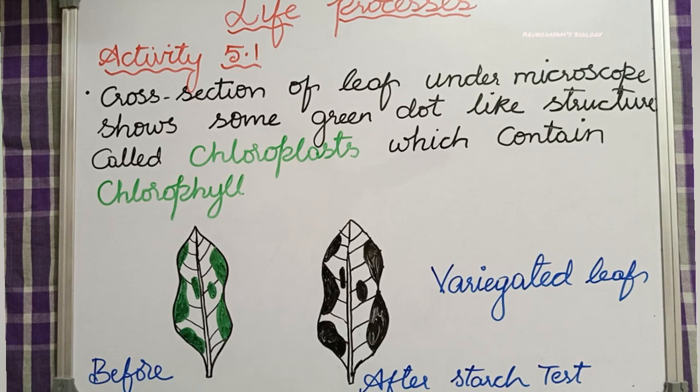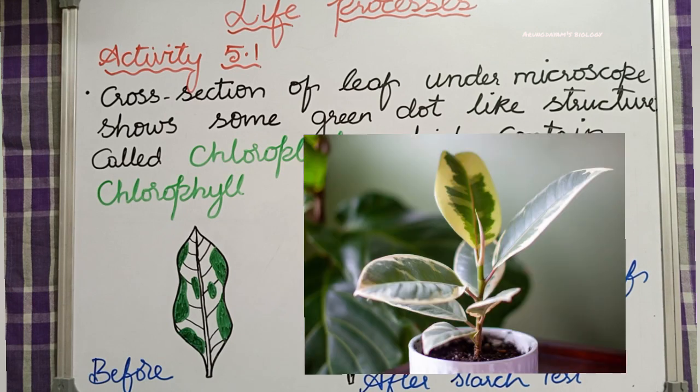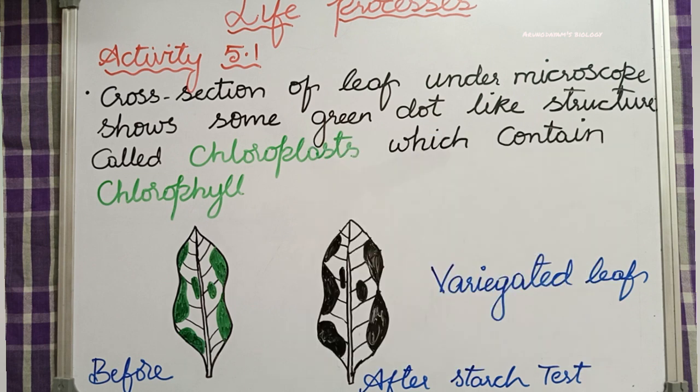For this activity we have to take a potted plant with variegated leaves. Variegated leaves means a leaf which contains colorless areas and green color patches. A leaf which has both colorless areas and some green color patches, those types of leaves are called variegated leaves. We have to take any potted plant with variegated leaves, for example money plants or croton plants. We can find these variegated leaves on money plants or croton plants. We can take any of these potted plants.